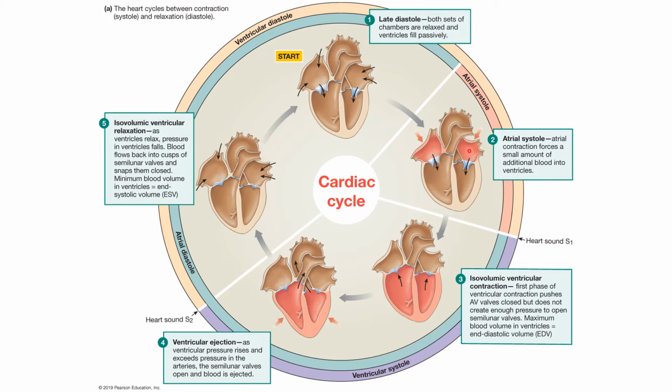So the atrial systole is going to start right after the beginning of the P wave. So the atria have to depolarize first, and then following the atrial depolarization, you are going to have the atrial contraction. And in the meantime, as the atria are contracting to push that last bit of blood inside of them into the ventricles, what's happening electrically is that the electrical message is moving from the AV node down